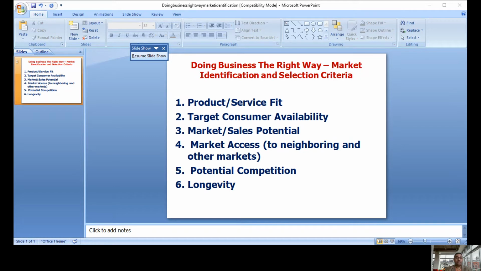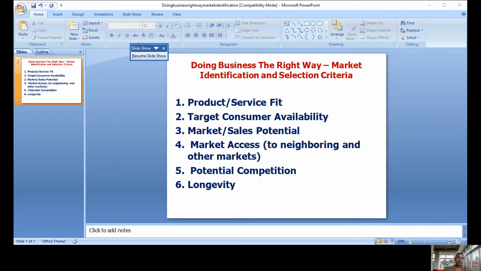So likewise, the company also needs to identify the market where you will have a larger number of target consumers, and who are also more aware of and adopting the product or service you are offering. In that way, the launching of the product or service will be very smooth, and the initial takeoff will be very good.